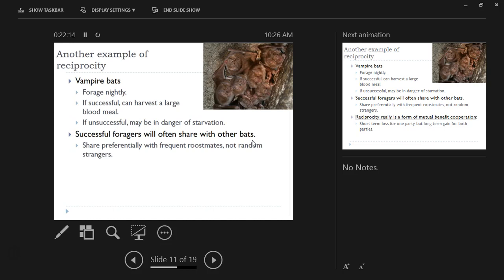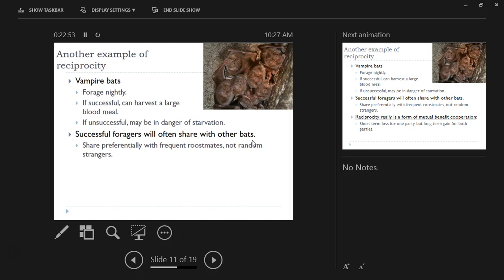So one thing you often see in these colonies of vampire bats is that if somebody comes back and was unsuccessful foraging, then the successful foragers will often share a bit of their blood meal. They basically regurgitate some of the blood and allow the other individuals to drink it. They share the blood meal they found with unsuccessful foragers, which again looks a lot like reciprocity, and looks a lot like altruism. They're not necessarily related to the individuals they're sharing with. They will often share with frequent roost mates, but they're not typically going to share with brothers or sisters, so you can't make a kin selection inclusive fitness argument for why they would do this.